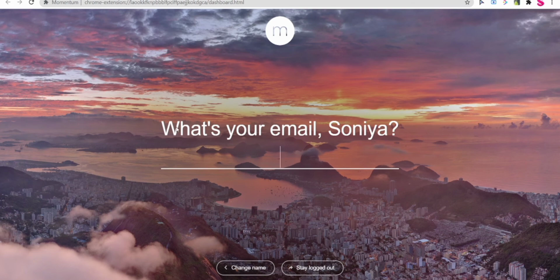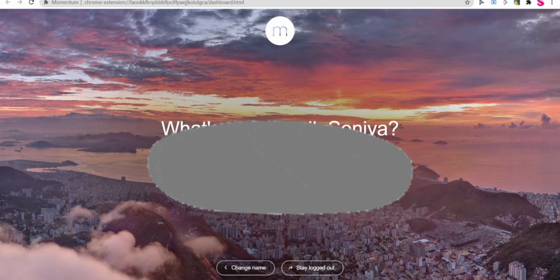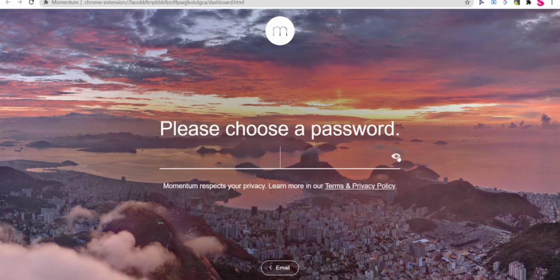It will ask many questions, and then you have to click on that. So I'll just write it. Loading. Now please choose a password.